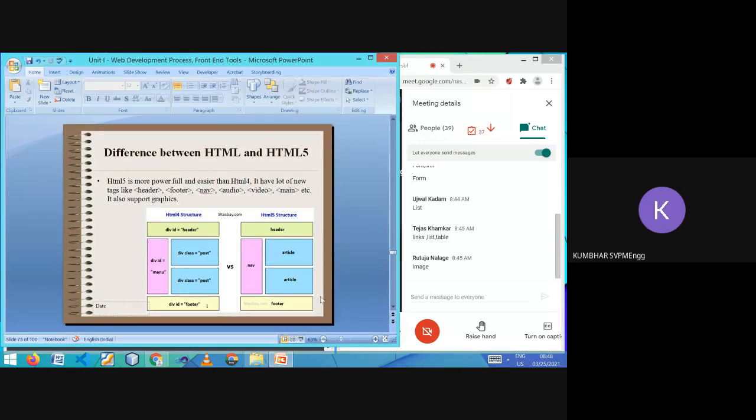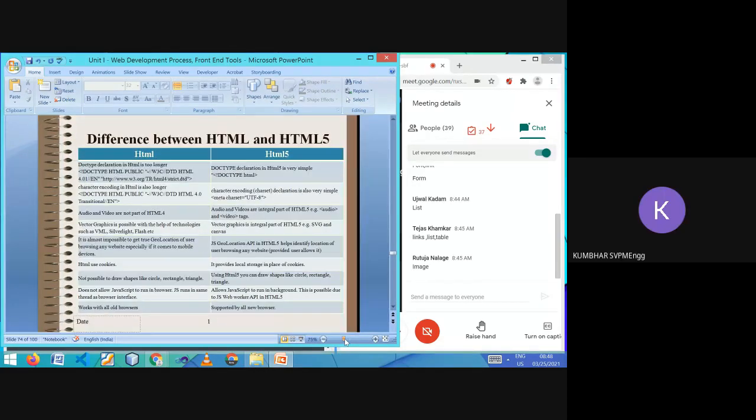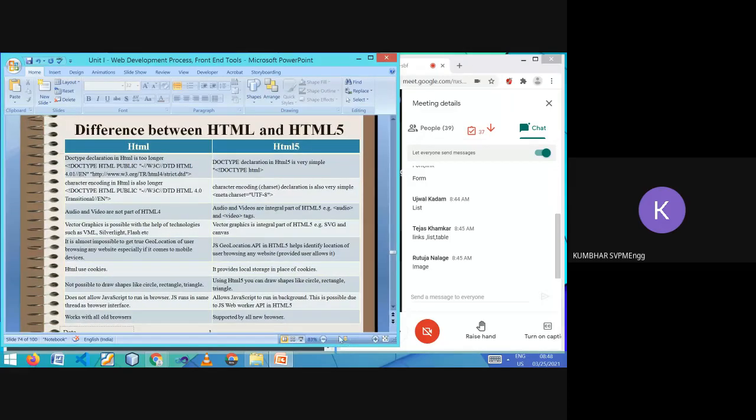Go in more detail. Is it readable for you? Yes, sir. Okay. So see, the first difference in HTML and HTML5 is when you are writing the code in HTML, actually till now whatever code we have written, we directly start with the HTML tag.